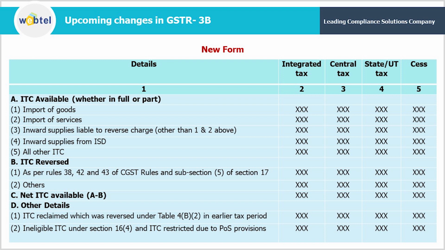First is total ITC. It is being auto-populated from GSTR 2B in different fields of table 4A of form GSTR 3B, except for ineligible ITC on account of limitation of time period as per section 16(4) of the CGST Act, or where the recipient of an intra-state supply is located in a different state/UT other than the place of supply.